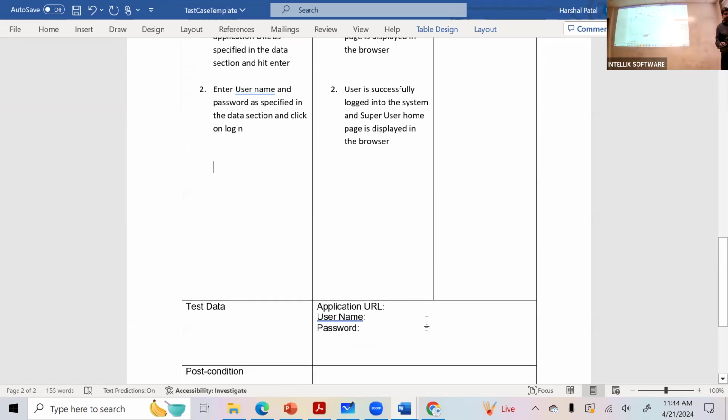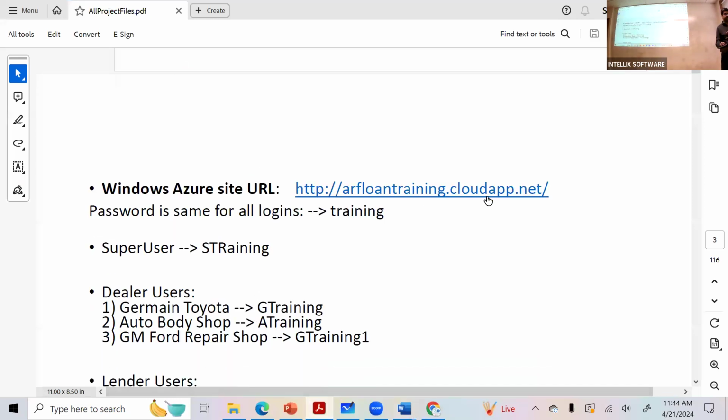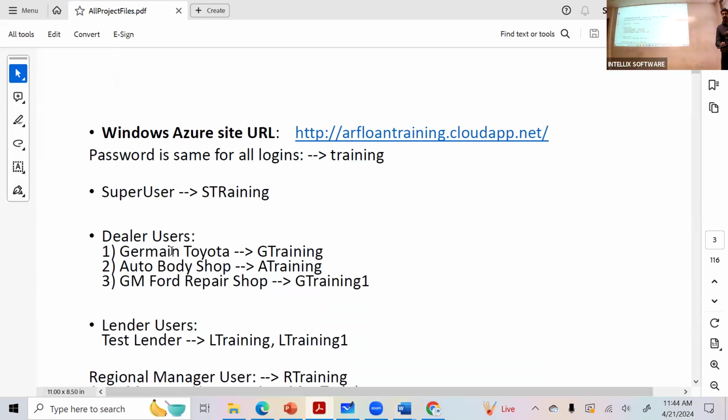So where would I find the application URL and a password? Okay, if you flip into your notebook, right after the first section, you have a user ID and a whole bunch of passwords and usernames.